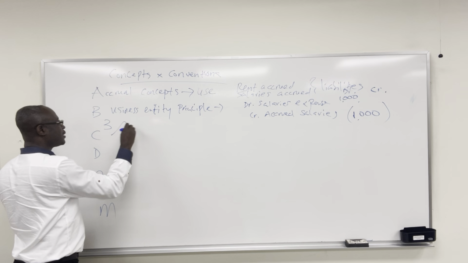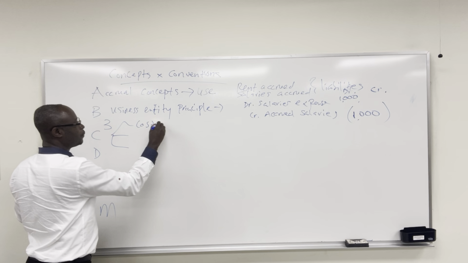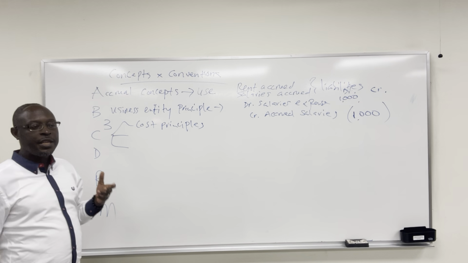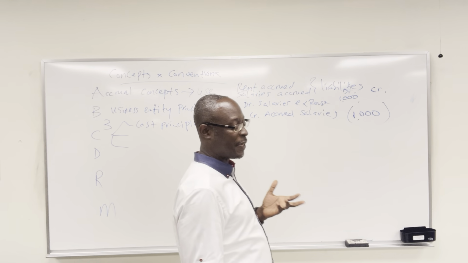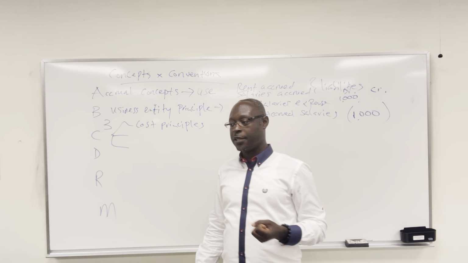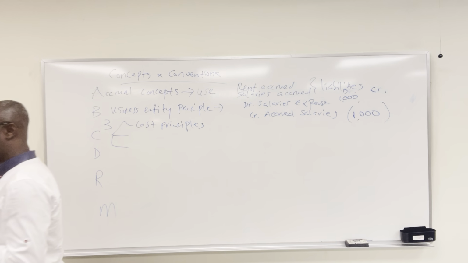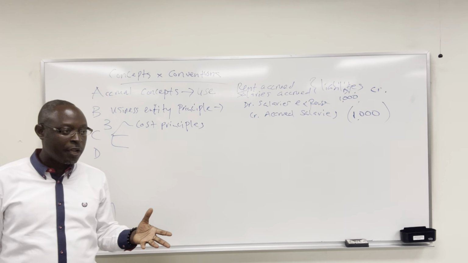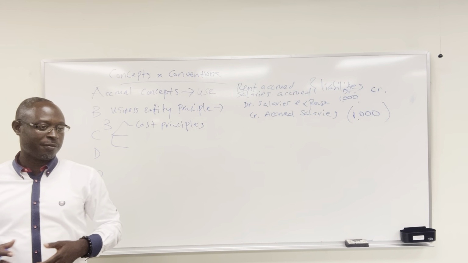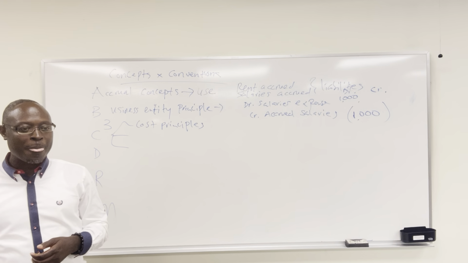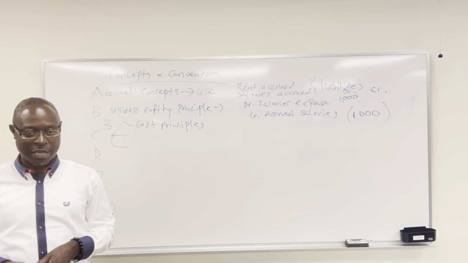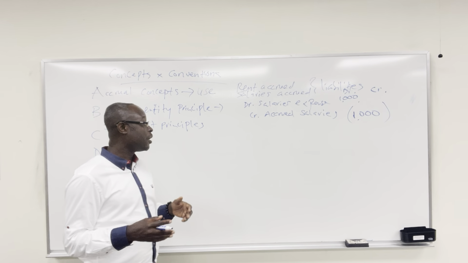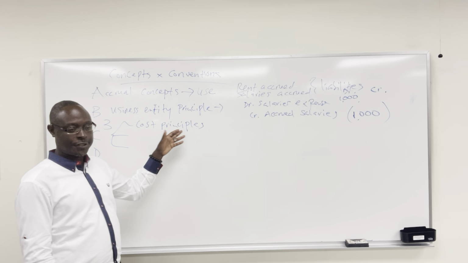And then there's a bunch of C's that you have to remember. The cost principle. That says that in accounting, we need to record most things at cost, especially the non-financial assets like buildings, computers, furniture, fixtures. We record them at the price at which you paid for it. Not the price that you could sell it for. The price that you could sell it for is what we call market price or fair value. Okay? We're going to get deeply into that. But most non-financial assets and liabilities are recorded at cost.